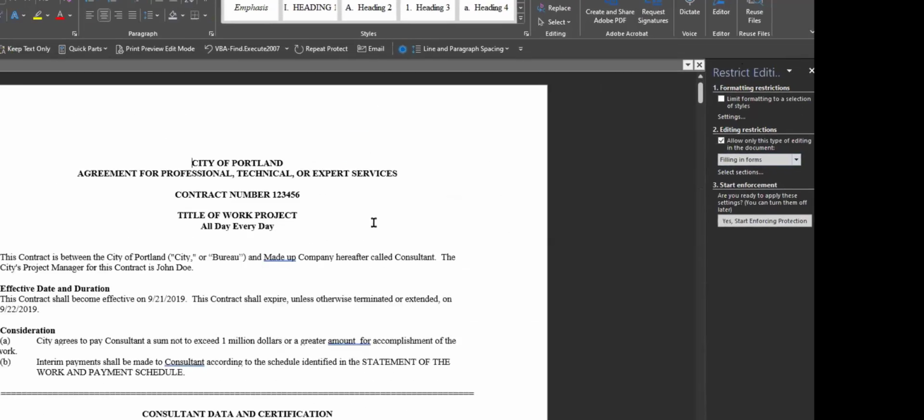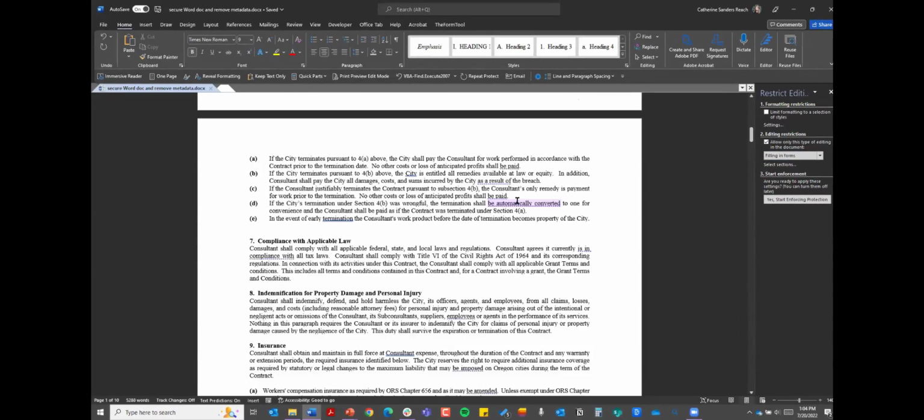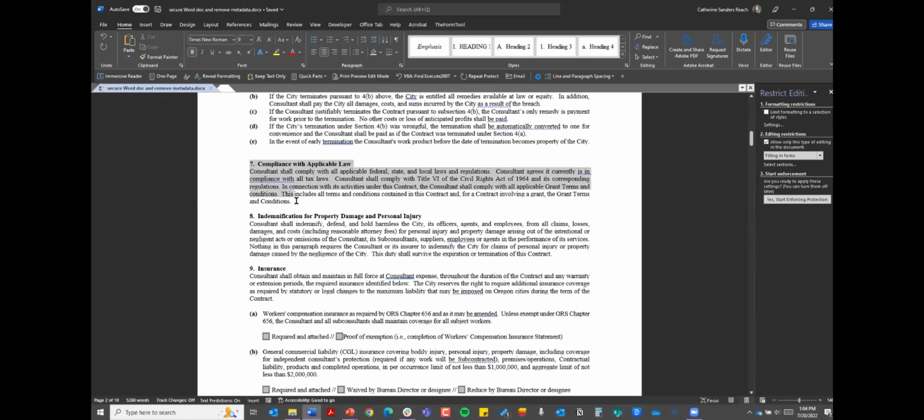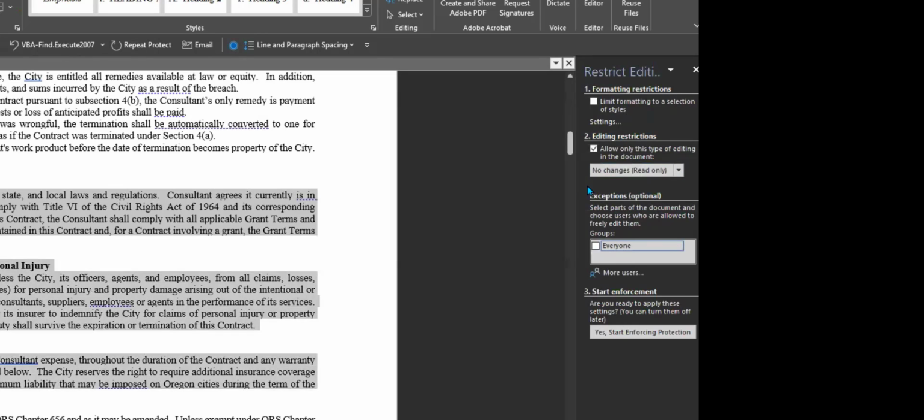So say I want to send this contract, but I want to give the recipient of it the ability to make some edits, but not change other parts of the document. So what I'm going to do is say, okay, I'm going to let the recipient of this contract make changes to the selected text and nothing else. And so I'm going to allow track changes, or I'm going to say, actually, I'm not going to allow any changes except